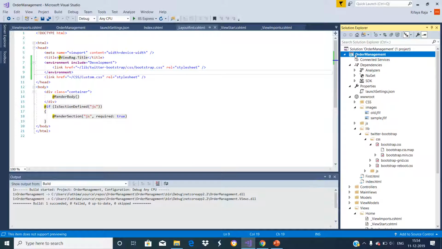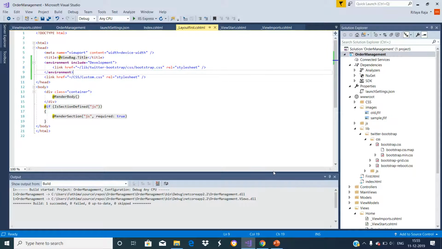This is an ASP.NET Core MVC application we have created with a simple empty project template. Let us use this in order to understand the environment tag helper with some examples. Other than the development environment, we have to load the minified Bootstrap CSS file from the CDN, that is Content Delivery Network.